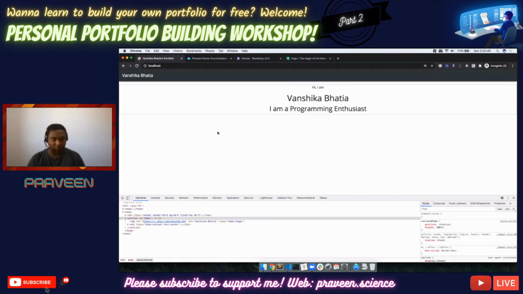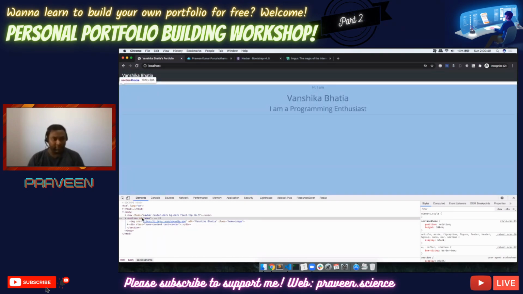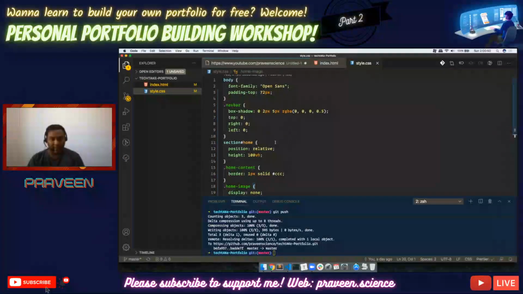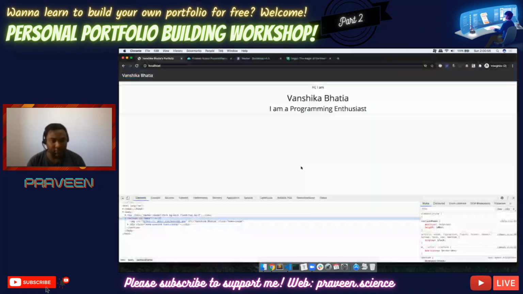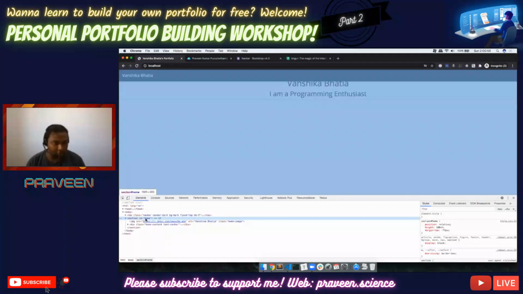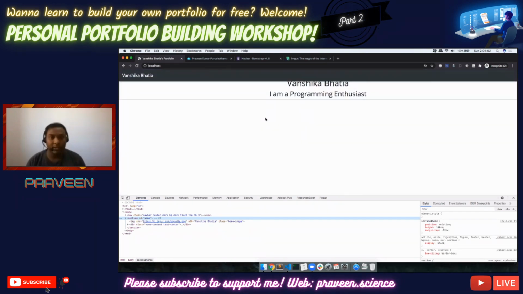The first and foremost thing that I want to do is make this section go to the top, right? So for this section, I'm going to do margin top -72, and that's going to go this way. So now if you see this, it is going to show 1920 by 605, which is perfect. Now, since we have done all these things, the next thing that we need to do is get this whole intro text to the middle.